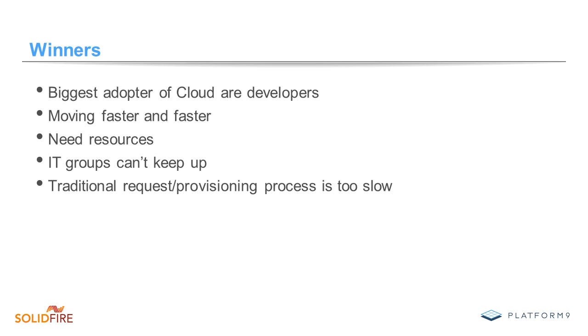So out of all the use cases, we talk a lot about things like running databases inside of OpenStack clouds, running different applications, things like that. But really the most popular thing that it all kind of boils down to in the early adopters of the cloud tend to be software developers. And the reason for that is because development is moving faster and faster. Developers need infrastructure resources, and quite frankly, IT groups can't keep up with them, right? Because things are moving so fast. There's so many developers, so much going on, that you just can't have an IT group that's able to move fast enough and manage all of this for them.